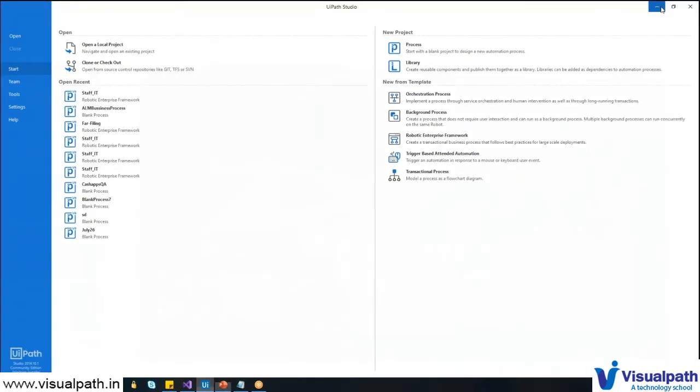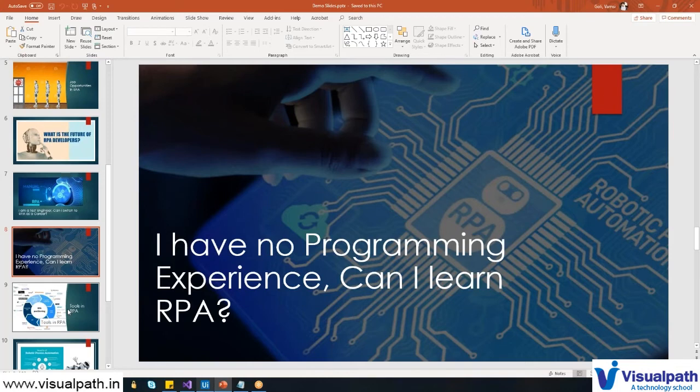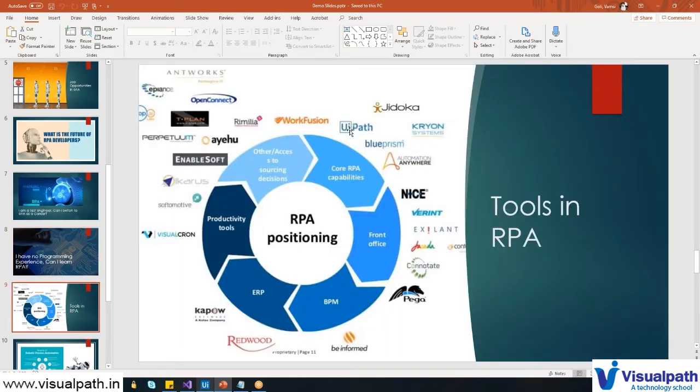Now, this is another important thing for you to choose. These are all the tools currently in the market: UiPath, Automation Anywhere, Blue Prism, WorkFusion, and different companies create their own RPA tools. Now, which one to choose? Why should I choose only UiPath, because we are discussing specifically UiPath? There are better positives when you go for UiPath.